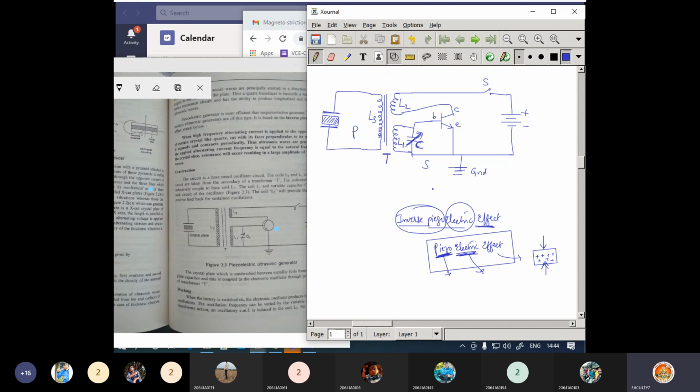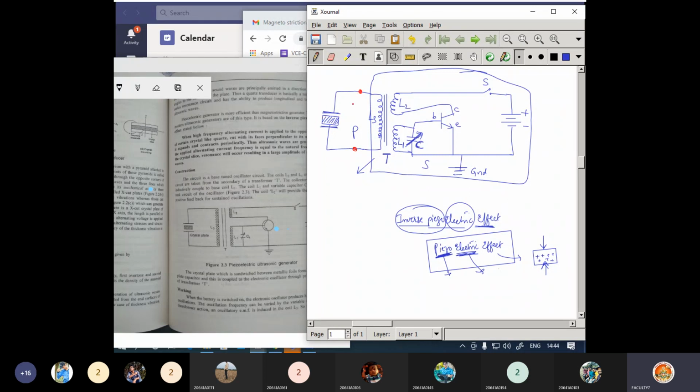The same thing you are going to observe in this particular circuit diagram. So first of all, you start with this concept. This is going to create the alternating voltages. Let us mark with some other color here. Between these two terminals you are going to get the alternating voltages. That particular alternating voltage is the electric field. It is going to be connected to the crystal here.